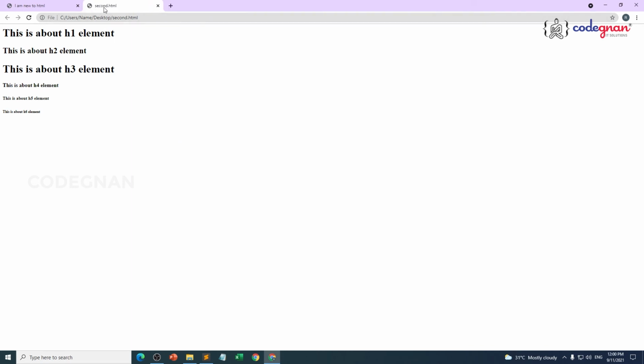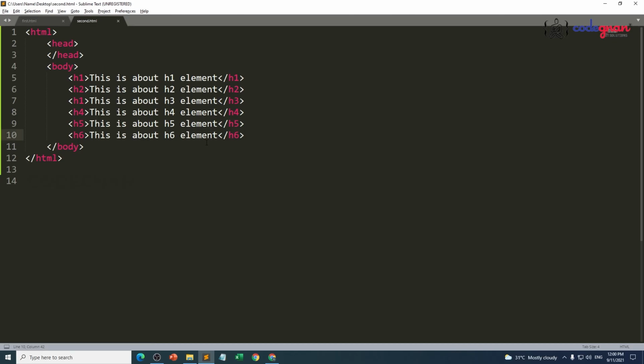I'm going to close these things. No error. Why? Then how is this particular piece of code working? Your browser is going to understand based on your opening element, whether you close it or not. It is not going to check which type of element you are closing, on which element you are using and closing. It is not going to worry, guys. It is not going to bother at all. Simply it is going to work based on your opening element.